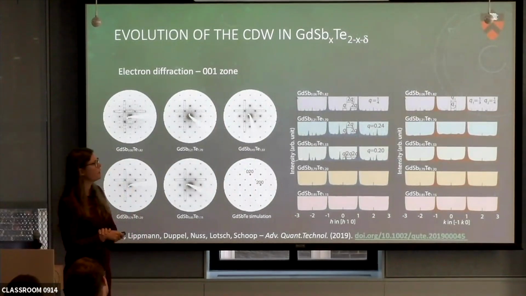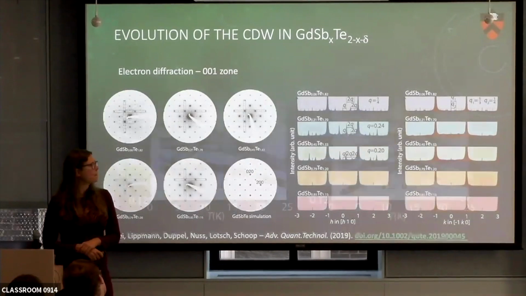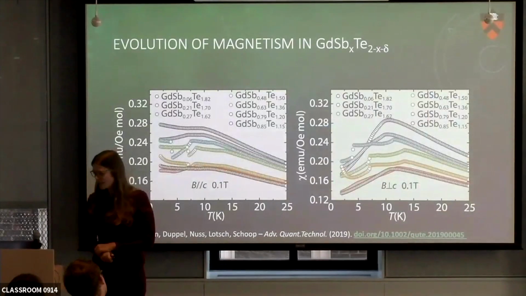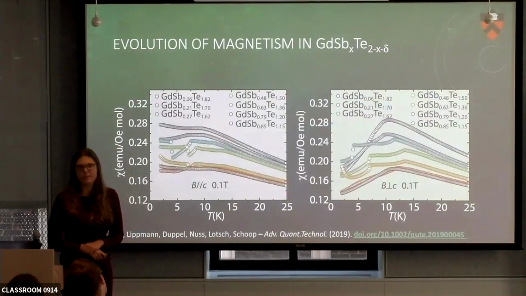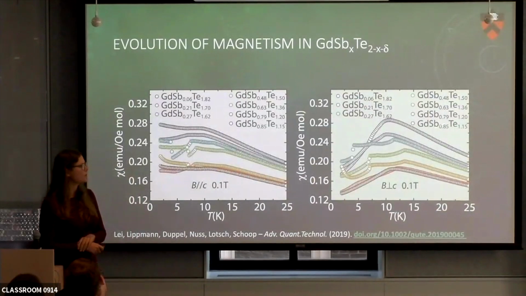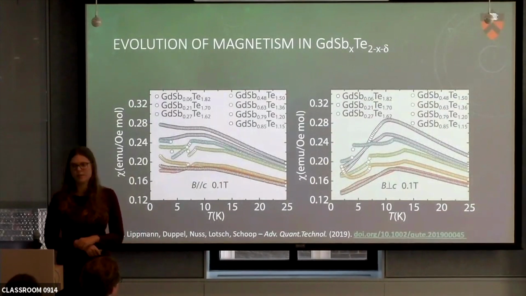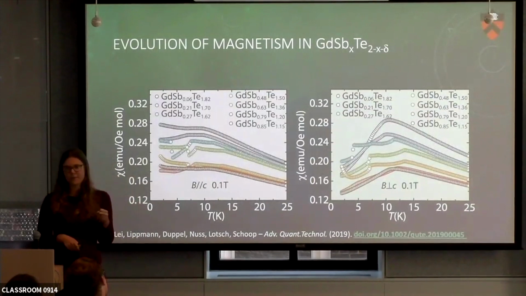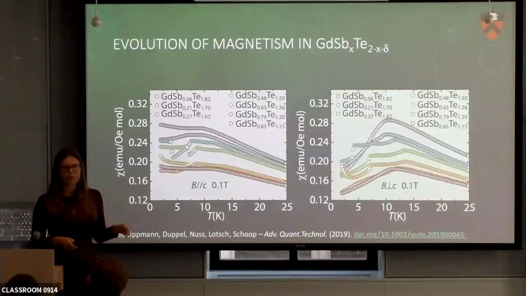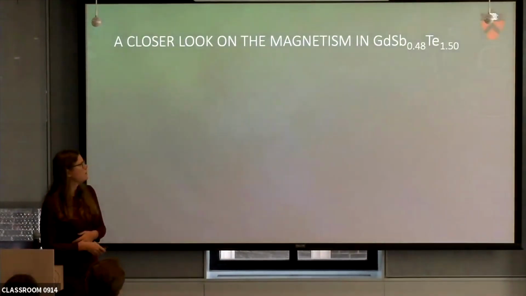And so we find that we have incommensurate charge density waves for some compositions and commensurate ones for others. And then because these materials contain gadolinium, they're also magnetic. So the structural distortion comes hand in hand with lots of complicated magnetic properties. So if we have the tetragonal material, we have only one magnetic transition, but in the more complex incommensurate structures, we get up to 3 magnetic transitions. So we have now a system which started from a topological band structure, goes on a complex distortion, and then exhibits complex magnetism.